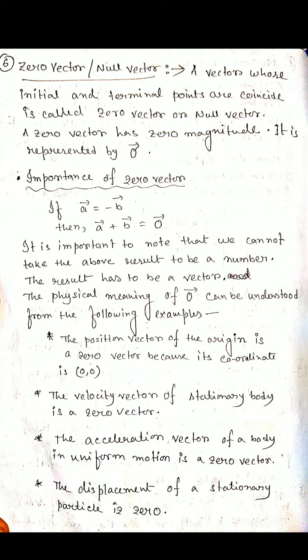So it is applicable to vectors as well as to mathematical, normal algebraic mathematics. So x equals minus y, so x plus y equals, we write, 0. But in the case of a vector, the addition of two vectors gives us a vector quantity, not a single number. 0 is a single number: 0, 1, 2, 3, 4, any number. That's why, to maintain the vector addition law, A vector plus B vector equals 0 vector, because the 0 vector has a magnitude of 0. That's why the equation is true.